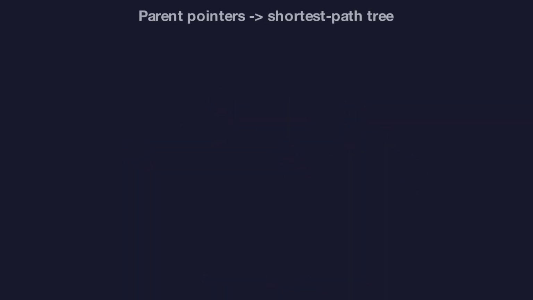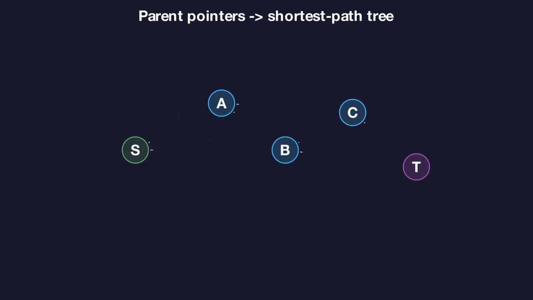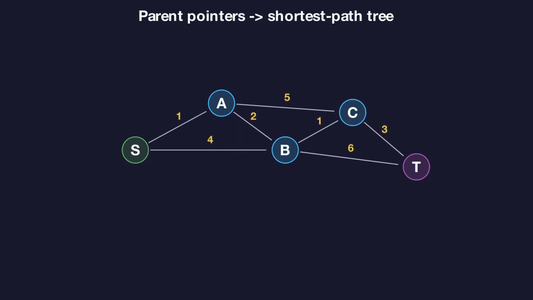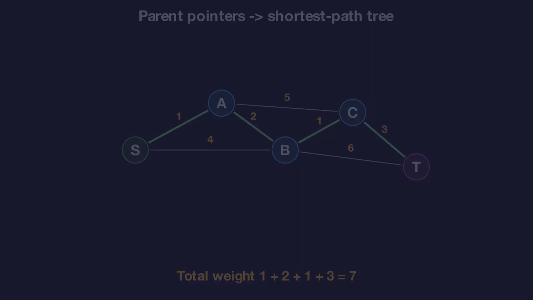During the run, whenever relaxation improves a vertex, remember which predecessor caused the improvement. Chaining those parents backward from the target reconstructs the shortest path. Visually, the edges that actually participated in those improvements form a shortest path tree rooted at the source. On this example, the tree follows S to A to B, B to C, and C to T, with total weight 7. The same algorithm scales to millions of edges as long as your priority queue operations stay fast and